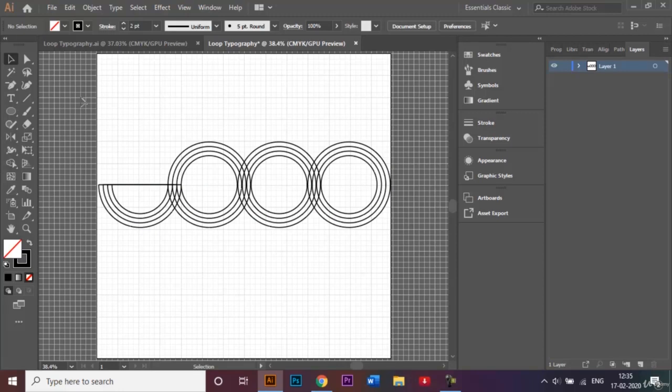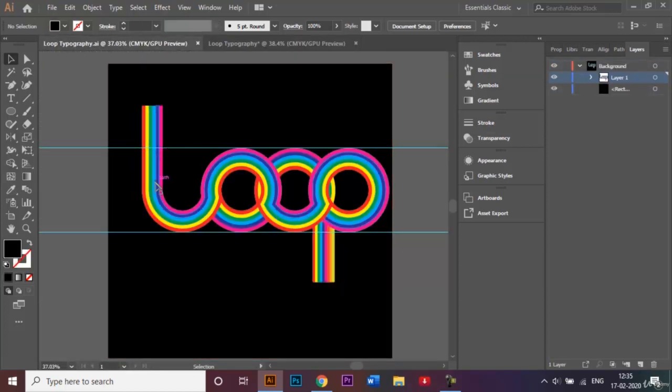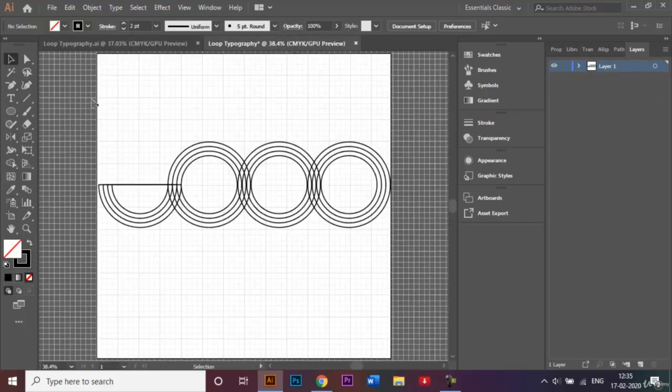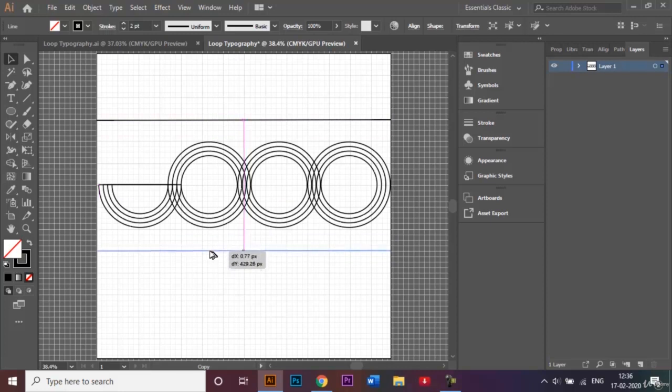So once that's done, what we're going to do now is that we need to also make these lines, these lines going upwards and these lines which are also going downwards like that, right? In order to do that, we need to first create a guide as to how tall we want our lines to be, right? So we go back to the line segment tool and I'll just make one line going across the top like this and make a copy out of it and bring it down